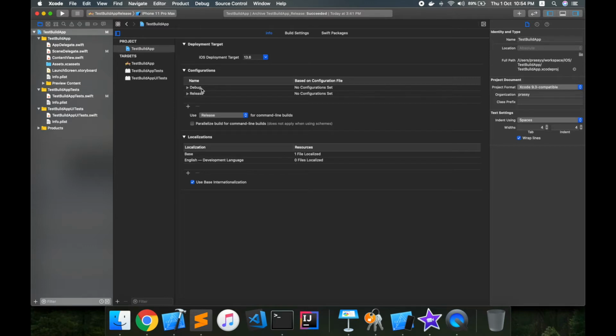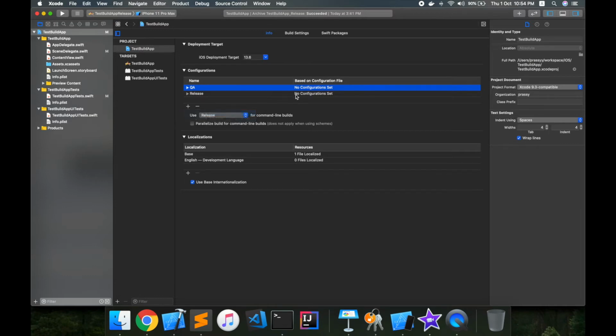There are some apps which create custom build configurations for each application environment. For example, if there is an environment called QA, they will have a separate configuration for that. They will have a separate configuration for the staging environment. They will have a separate one for production. So let's try to create those. Let me directly rename the debug build configuration as QA, and let me create a new one.